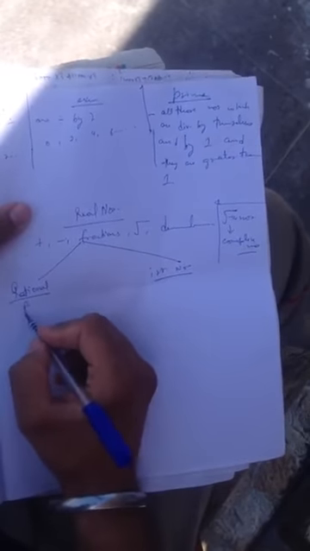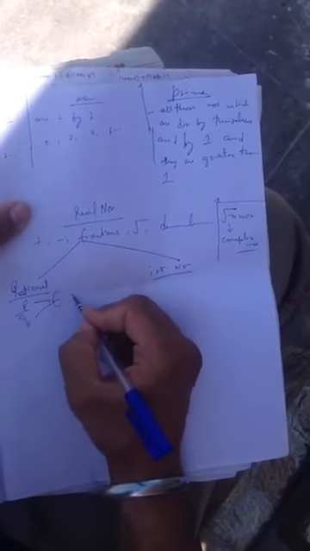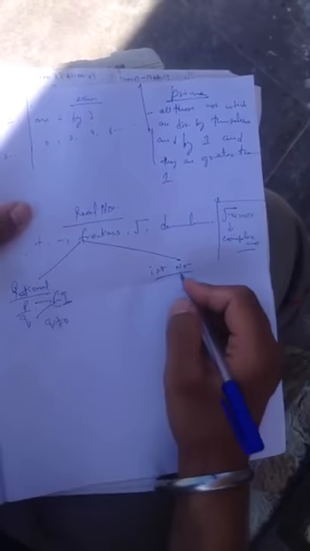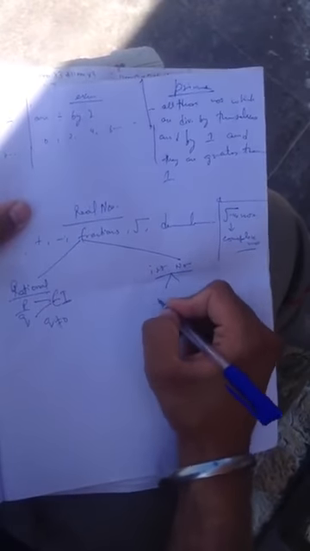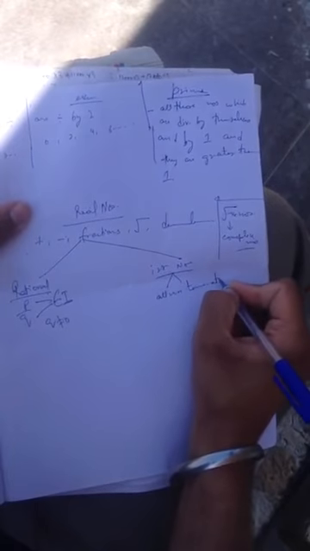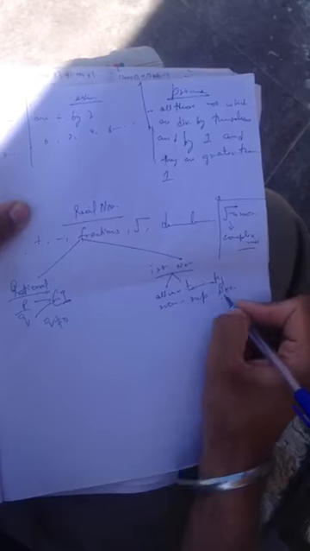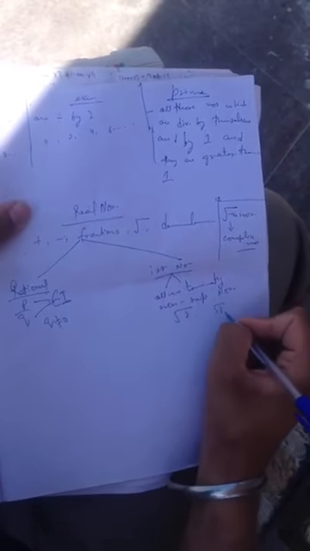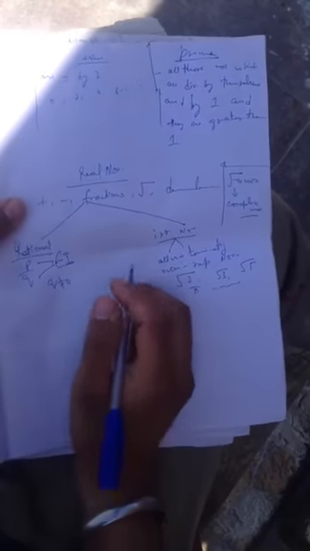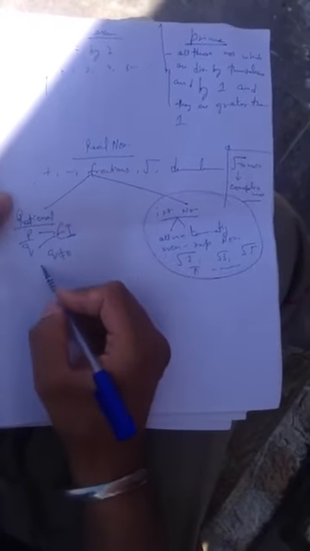Rational numbers are all those numbers which can be represented in p upon q form, where both p and q belong to integers and q is not equal to 0. And over here we have irrational numbers, which are all non-terminating and non-repeating numbers, for example root 2, root 3, root 5, pi and so on. Irrational numbers stop here, but in the case of rational numbers we have